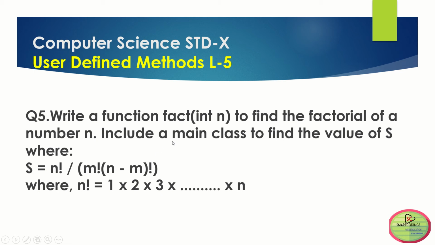Now for the main method, after calling the fact method from the main method, we need to calculate this and print the value of s. So the main thing of this program is we have to write a fact function first. Then we have to calculate this using this fact method. So without wasting much time, students, let us start. Before I write the program, I'll be showing you the fact method.